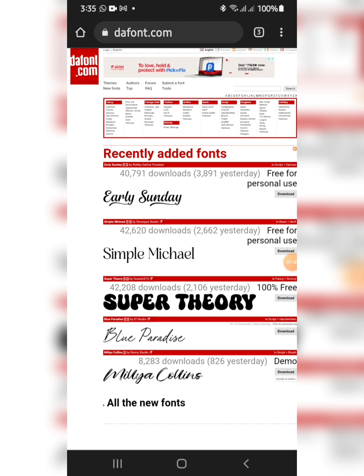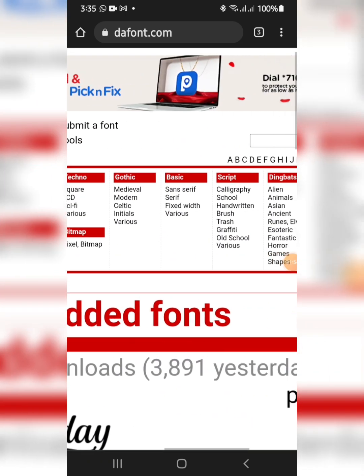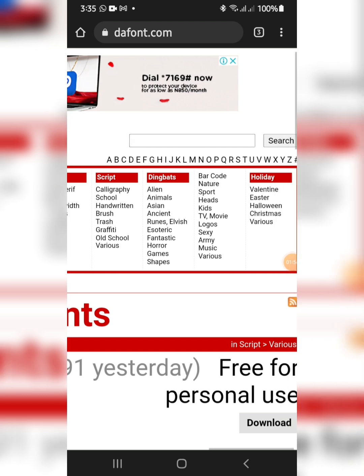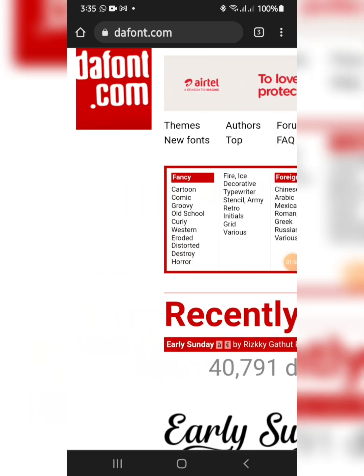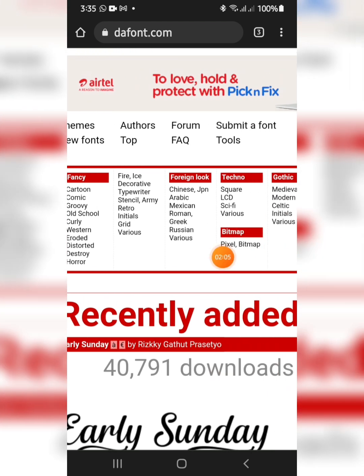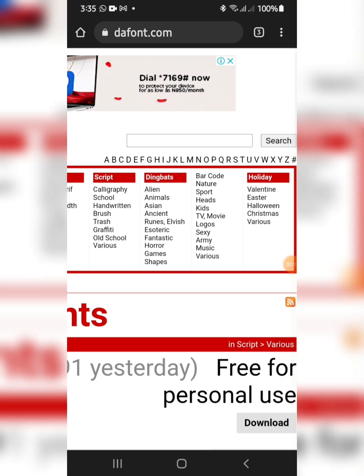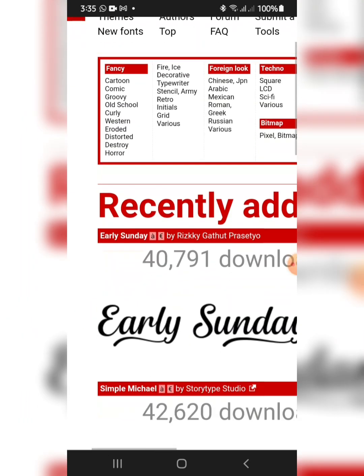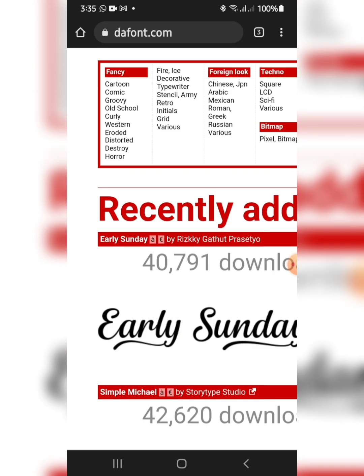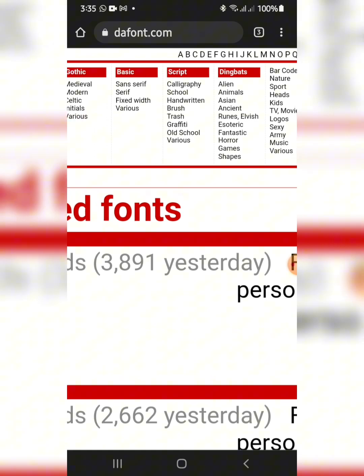So the next thing you need to do when you get to this website, we have different categories of fonts you want to download. So we have fancy ones. Under fancy, you have cartoon, comic, groovy, old school, curly, and the rest. We have foreign look, techno, bitmap, gothic, basic, script, dingbat, and holiday. So it depends on the kind of font you want to download. So let's take, for example, I'm downloading basic